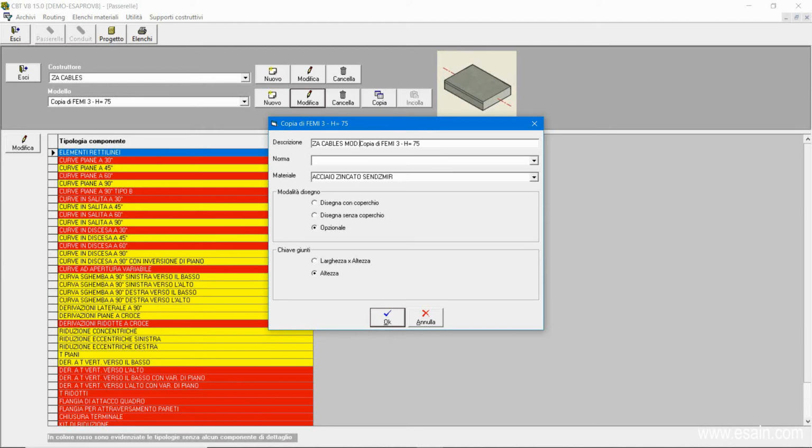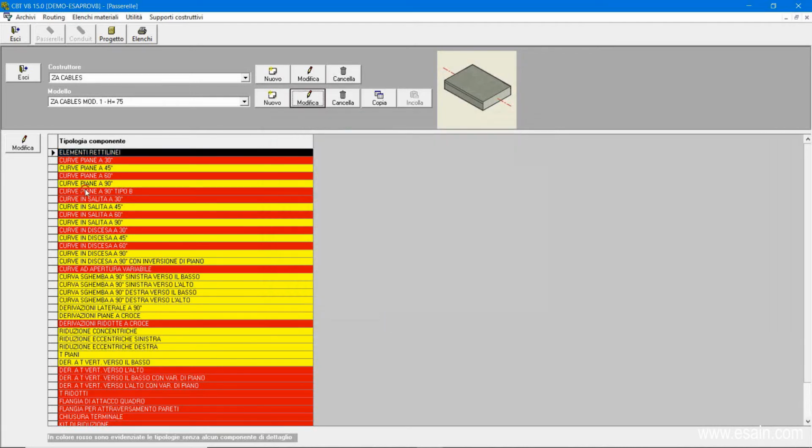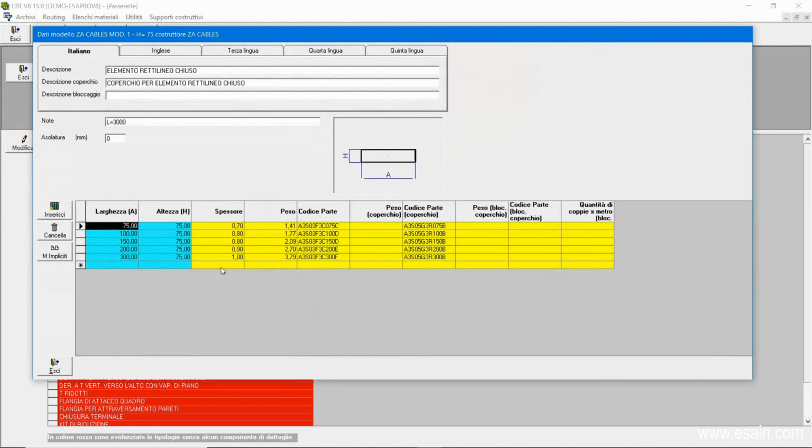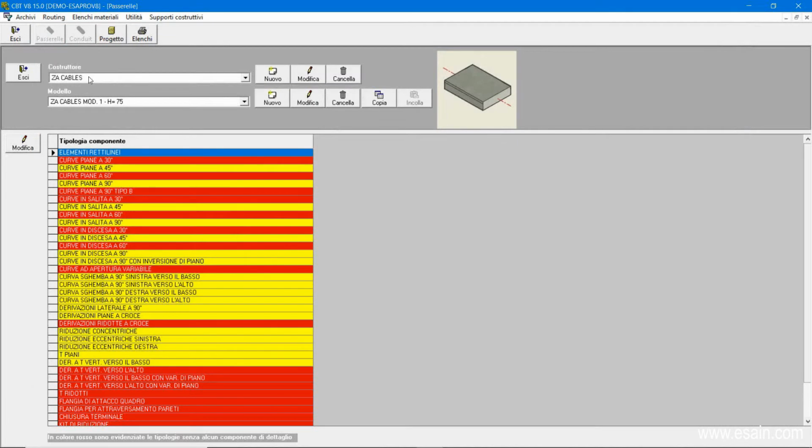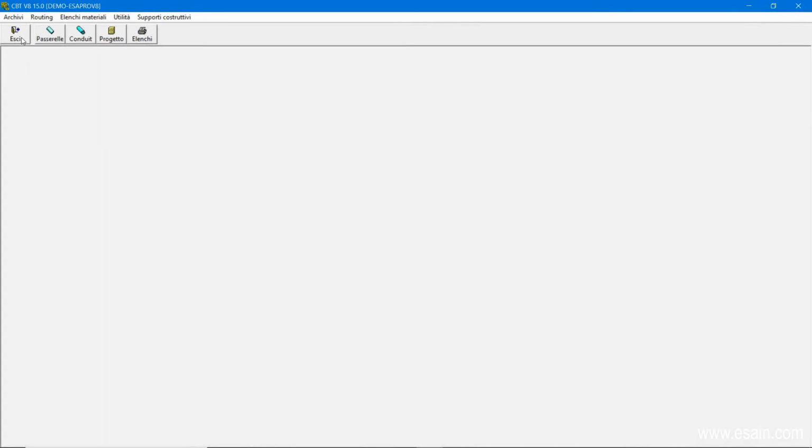This is a very time-saving process. Change the material. OK. We open the straight elements and we still find the Femi's data that, if necessary, we can modify. We're ready to start modelling.